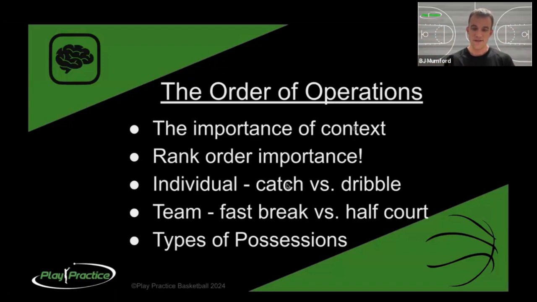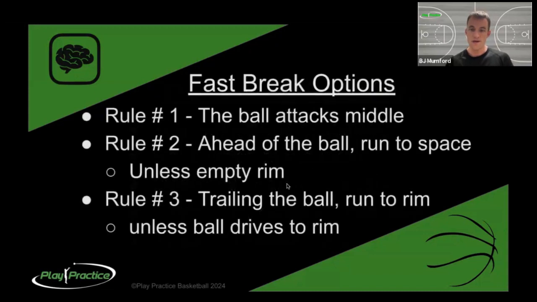So we're going to dive into what it looks like in a fast break setting based on where you are and where the ball is. So our order of operations in a fast break. Rule number one, the ball should attack the middle of the court. So if you get the ball, attack toward the middle. If you don't have the ball, you should expect the ball to attack the middle and you should get out